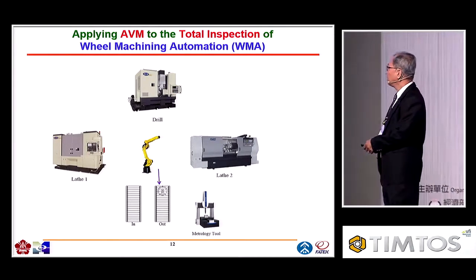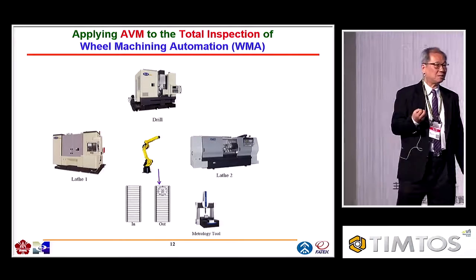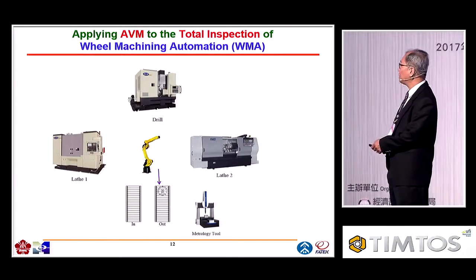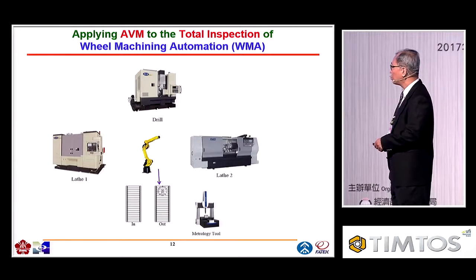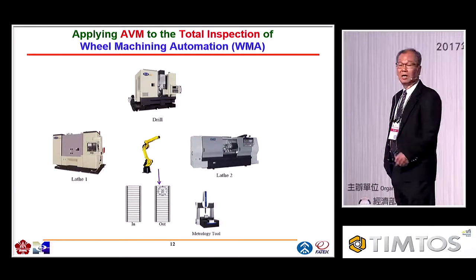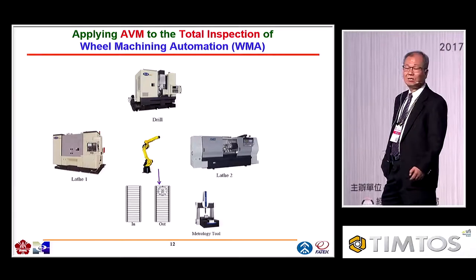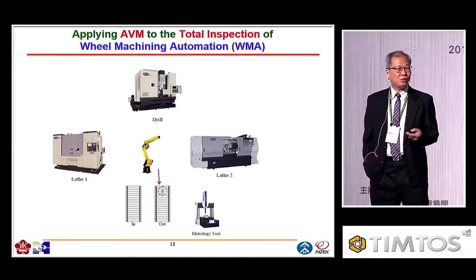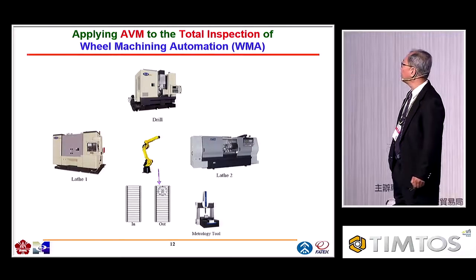But you see, we have so many quality items that need to be inspected. But here, they can only measure the central hole. Because if you would like to know all of the quality of that, you need to ship this one to a CMM machine for measurement. And of course, that is offline. And we have a metrology delay. And we can do sampling inspection only, not total inspection. If we really would like to have total inspection of all of them in real time, then how can we do it? So this is the way to do it.